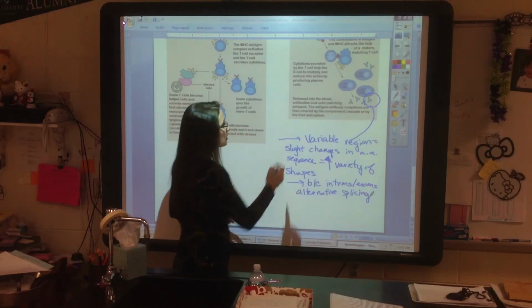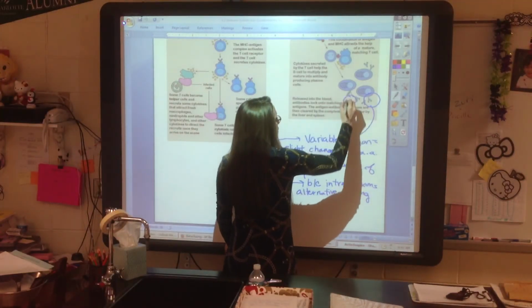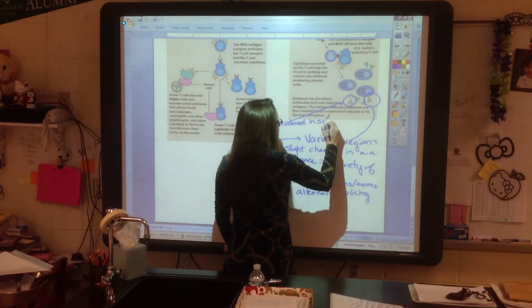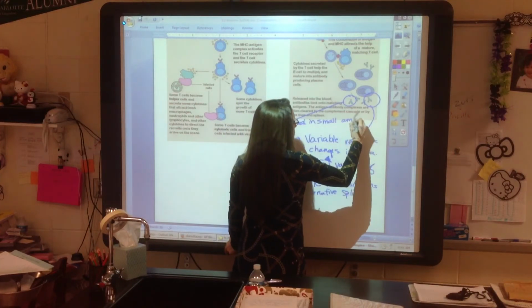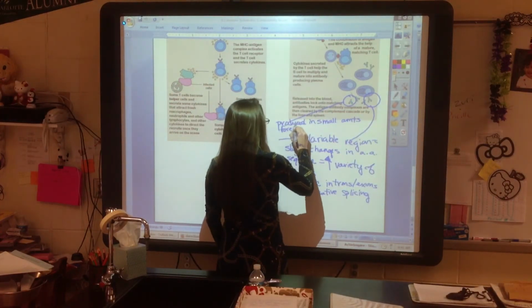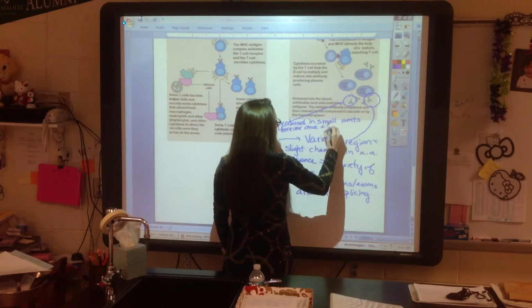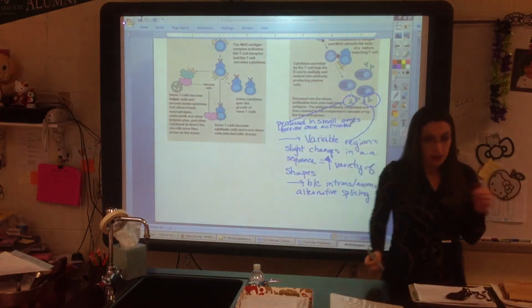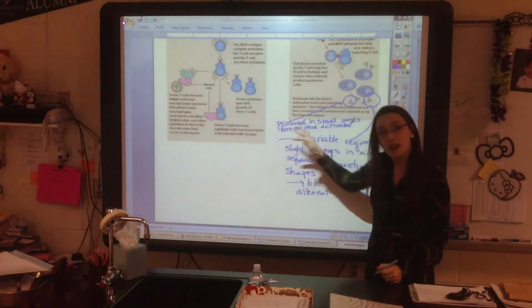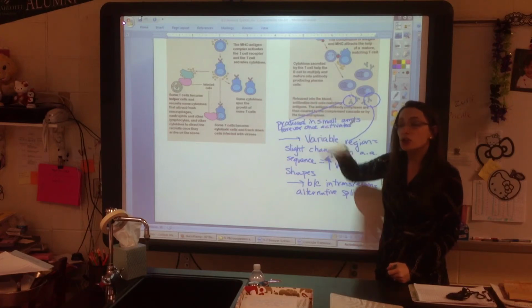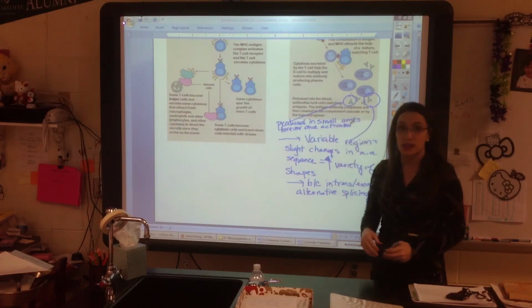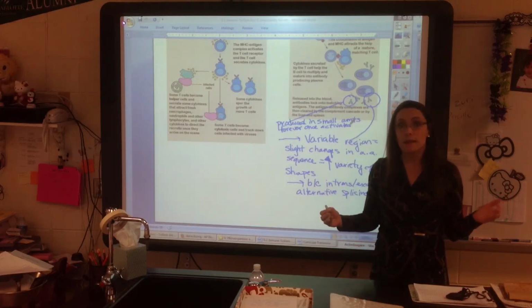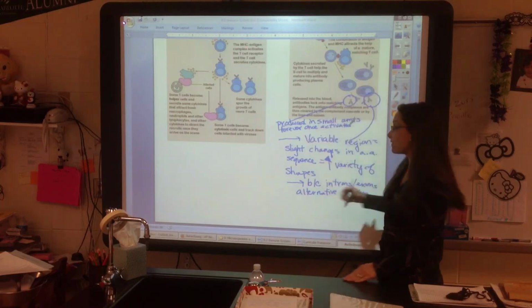Now, one of the keys is that these antibodies will be produced in small amounts forever once activated. So once your body recognizes and is able to design an attack for that antigen, your body will continue to produce those antibodies for really long periods of time, actually forever. So that means that the next time you're invaded,